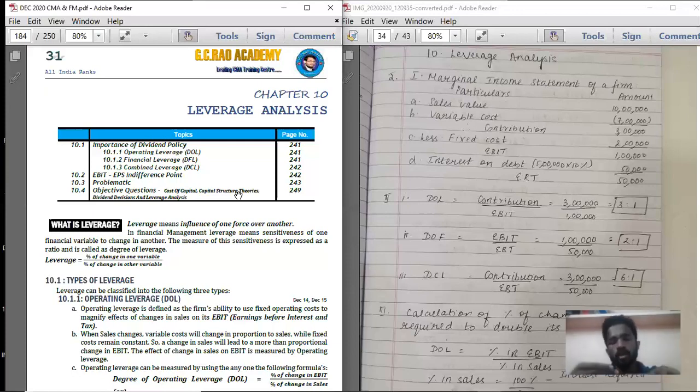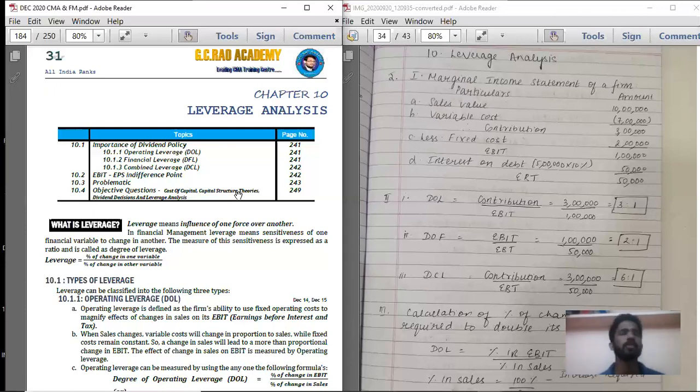So therefore, the percentage of change in sales and the percentage of change in contribution will be the same, because the percentage of change in sales will never affect the percentage of change in variable cost, because both will be moving in the same direction. So when sales minus variable cost, you will get contribution. That particular contribution will also increase or decrease in the same percentage as sales is moving, because variable cost is also moving at the same level. So there won't be much difference between percentage of change in sales and percentage of change in contribution. But